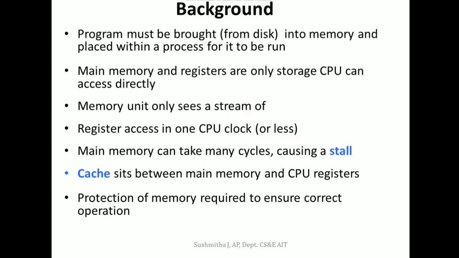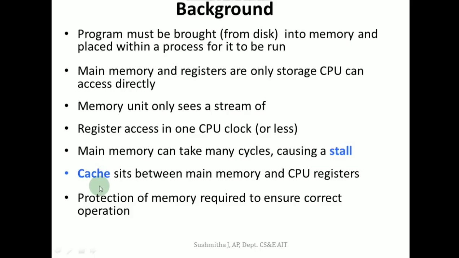Similarly, to match up the speed of the CPU and the main memory, we have another faster memory that sits between the main memory and the register, that is the cache. Now, the CPU can directly access the register, the main memory and the cache memory. Having said that,